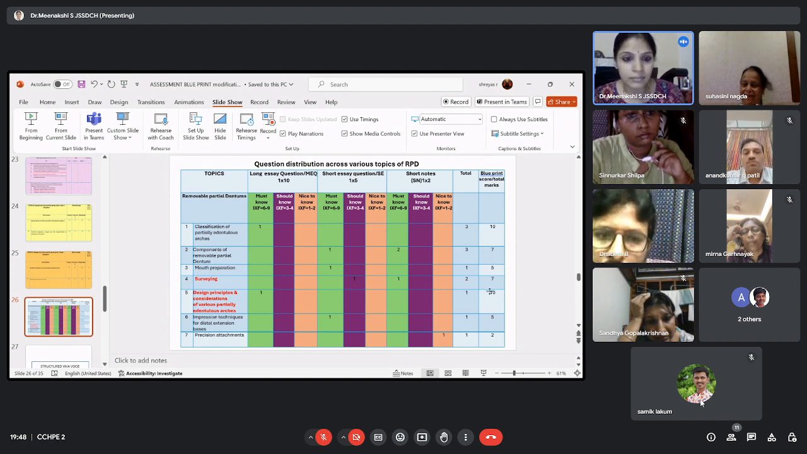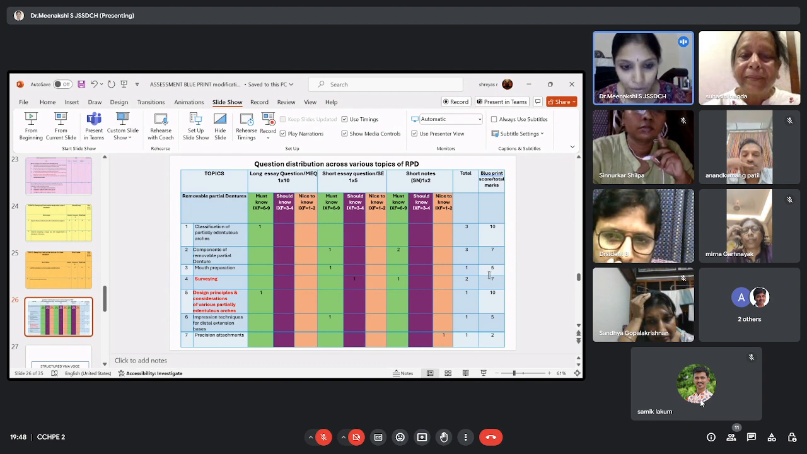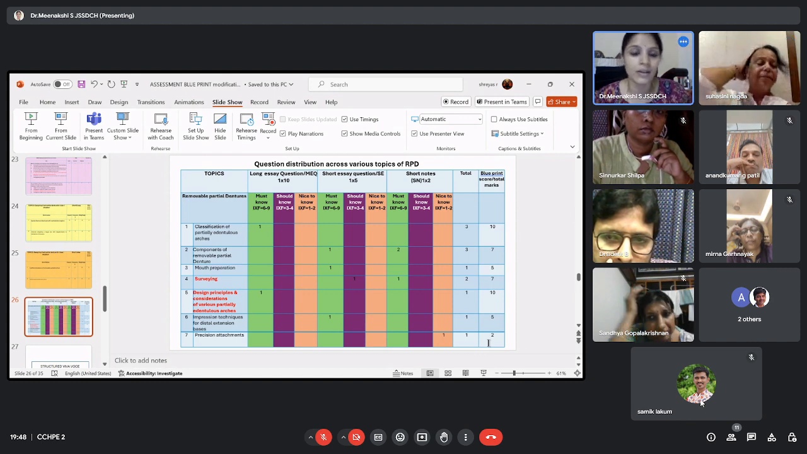And the surveying, so these two will come for short notes, where the remaining will come for the short essays; the remaining will come for short notes. These 5 marks questions are for short notes. So precision attachments, you can ask for a 2 marks question, because that is a nice to know topic. It will not be covered extensively; it will be covered in final year, but they should be knowing it, and hence we have kept it for 2